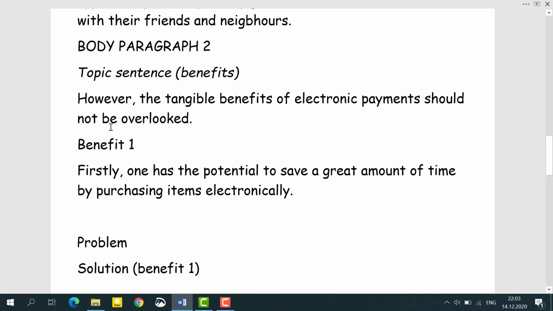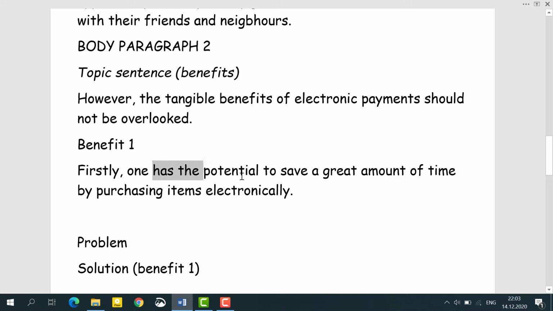Okay, so remember, you need to write only firstly. You don't want to write first of all, not first off, okay, and not at first. Use the word firstly. Why? Because it's highly academic. That's exactly what the examiner is looking for. Next, one means person, okay, a person. You don't want to write I. You don't want to write you, okay? Use the word one. So one.